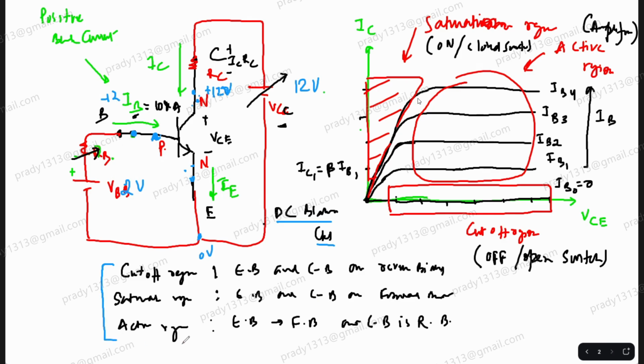These resistors matter when you actually connect the signal. See, this has to act as an amplifier, so you have to give the signal, right? है कि नहीं? तो सिग्नल आप कैसे देते हो वो हम लोग देखेंगे, ठीक है? So I have only shown you the DC biasing circuit. You note down these things. When we discuss amplifiers, I'll explain how we give a signal to this DC biasing circuit to amplify